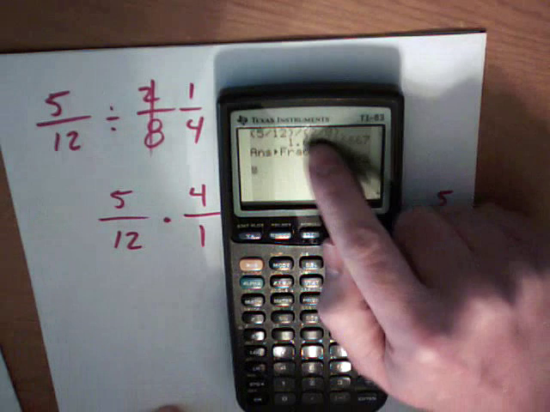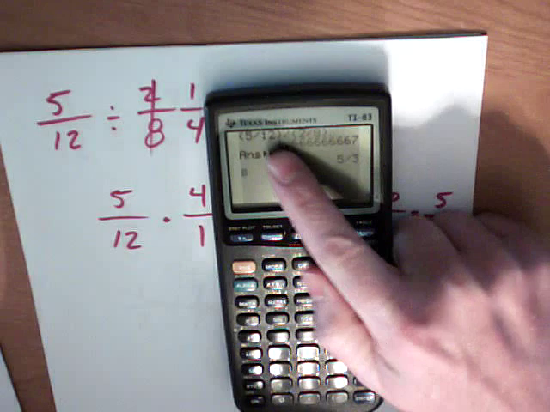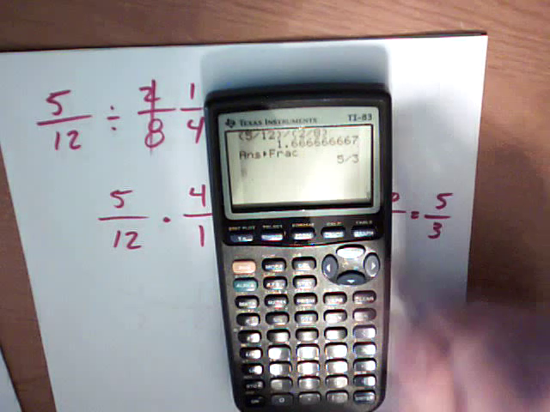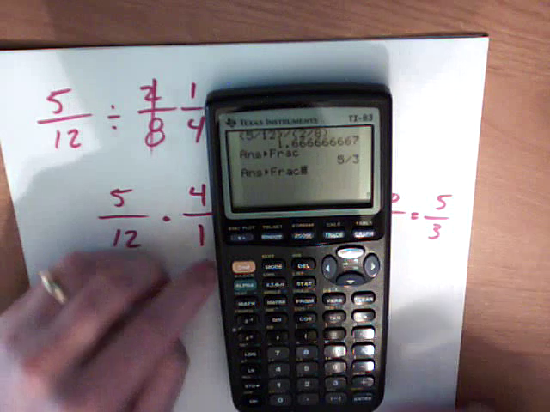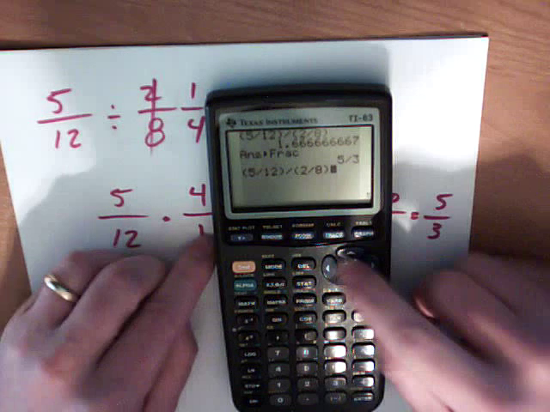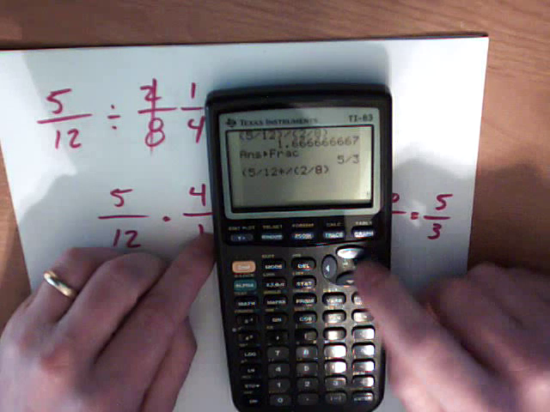Now some people say, why are you going to put in all those parentheses? Well, sometimes you don't have to put them in. If I was multiplying, I wouldn't have to put that in there. If you hit second enter on this calculator, it brings up the last thing that you punched. So I can bring this back up and hit second enter. Now if I was multiplying here, and I didn't have those fractions,